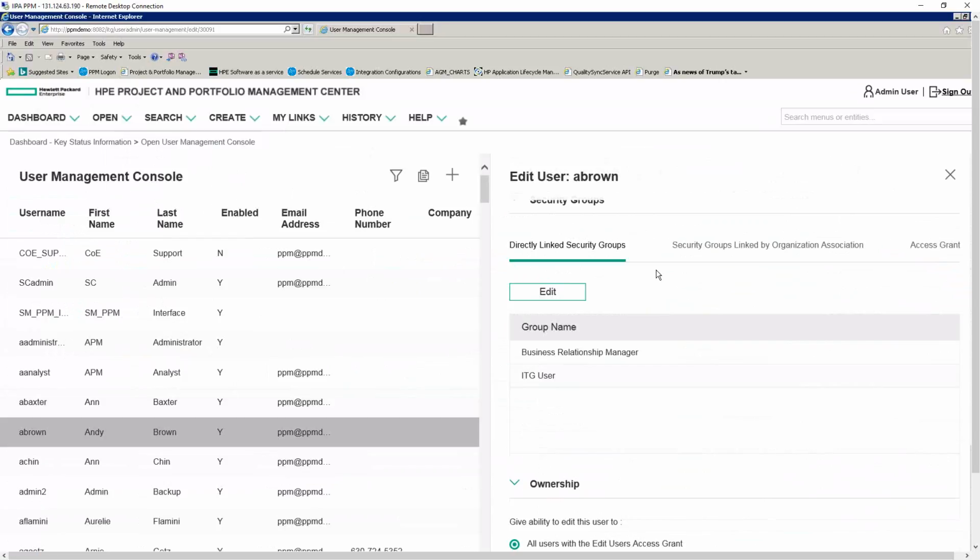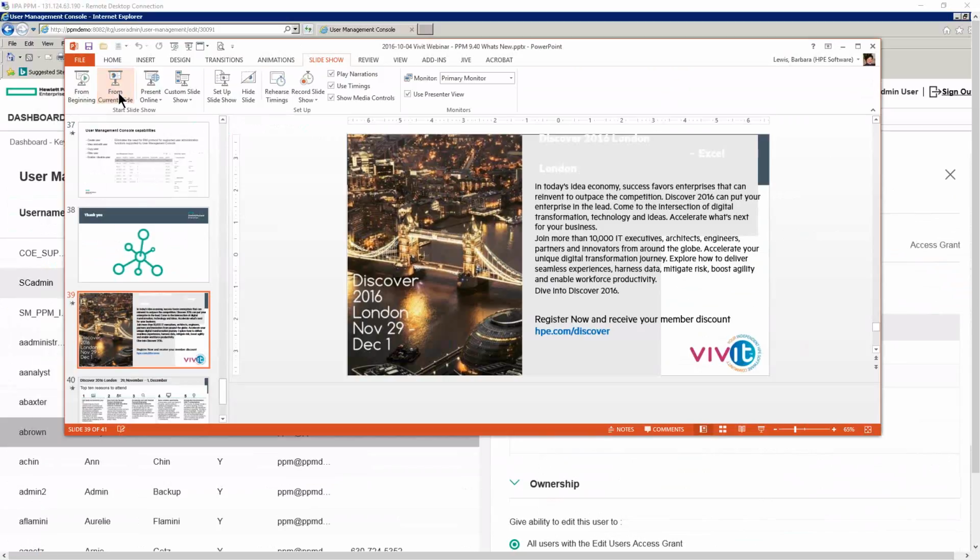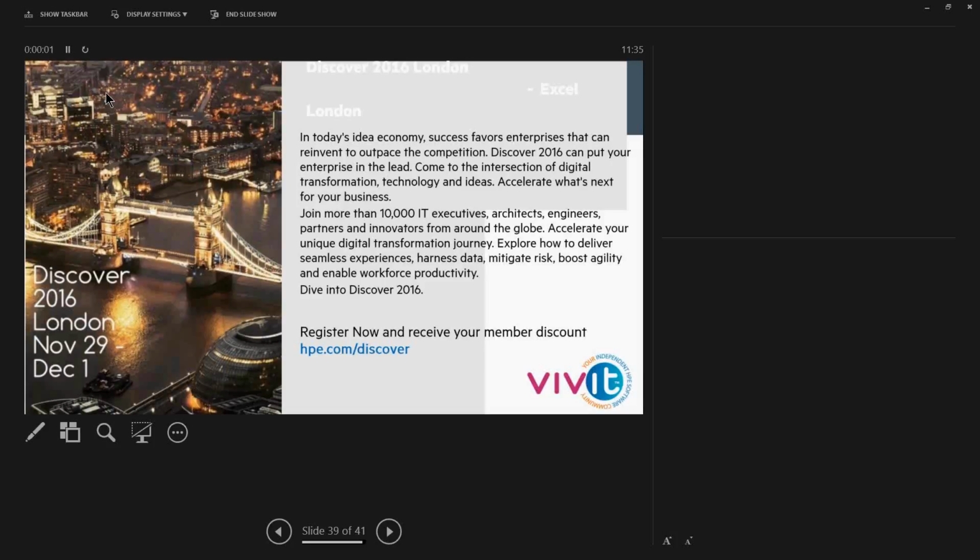This makes life so much easier for your admins who manage user accounts. But with that, I'm going to go back to my slide deck and go back to presenter mode